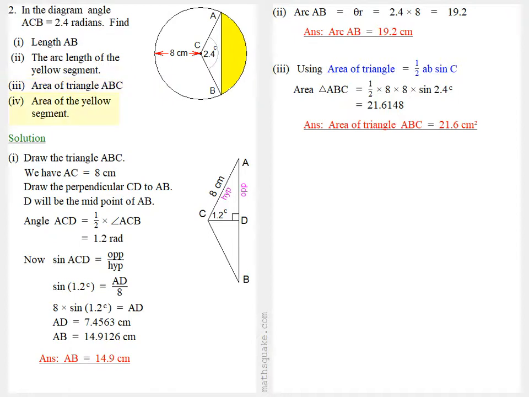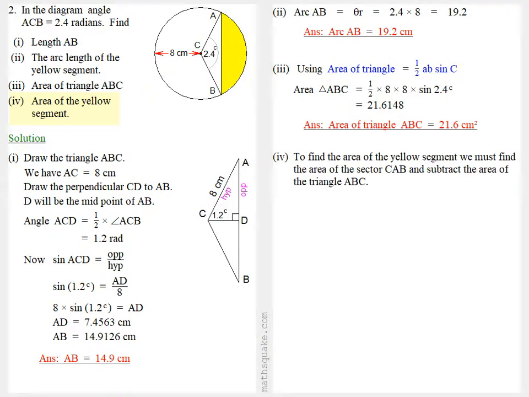Now in part 4, we're asked to find the area of the yellow segment. Now to find the area of the yellow segment, we must find the area of the sector CAB and subtract the area of the triangle ABC. Now the area of the sector is a half times theta times r squared. It's a half times the angle times the radius squared. So it's a half times 2.4 radians times 8 squared, which is